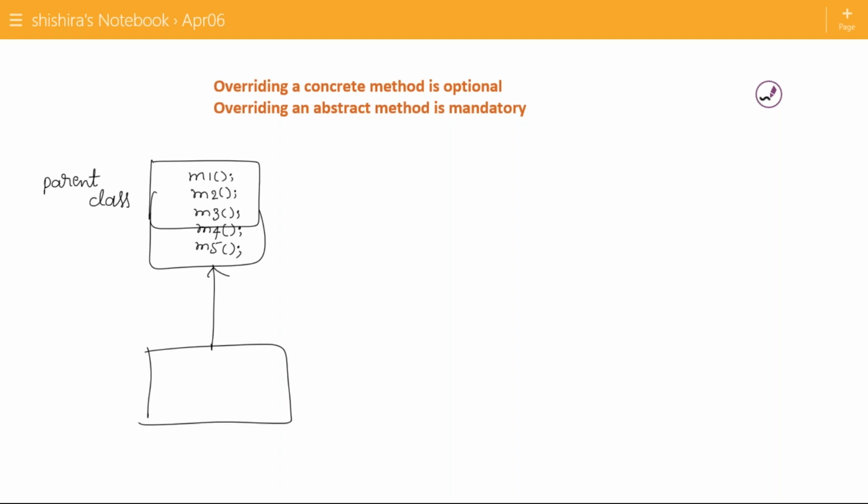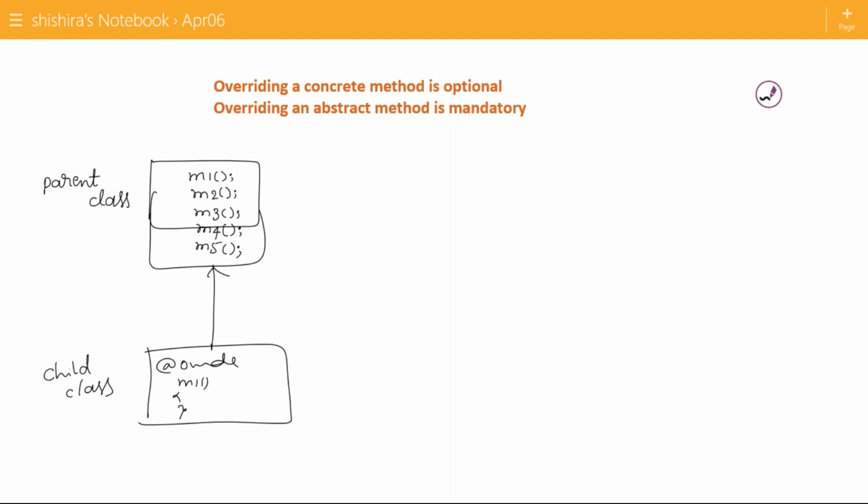Now I write a subclass. I have to inherit this. This is called child class, child class or the subclass. Very nice. Whenever I write the child class or subclass, we have to override the method. Right? How many methods should be overridden? Essentially, 5 methods should be overridden. Now what I will do, I will override